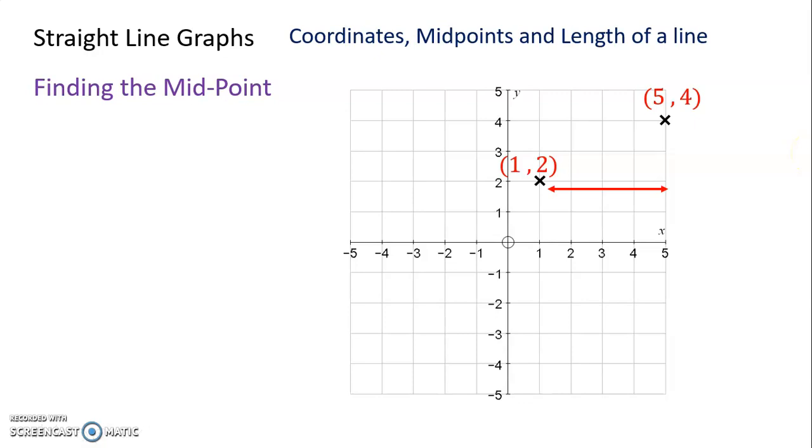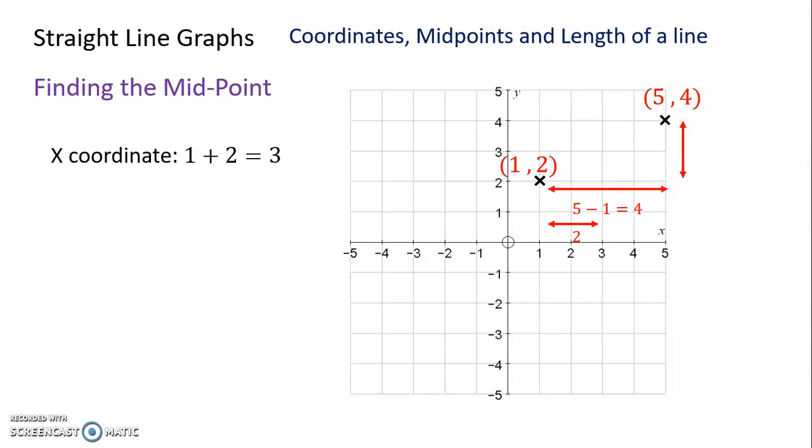And so what I'm going to do is look at how far along I'm going between one point and the other. And to find that, I've got to do this x coordinate here, subtract this x coordinate over here. And that tells me that I'm going along 4 along the x-axis between the 2 points. And then if I want to find the midpoint, well, I must need to go halfway along that distance along the x-axis. So halfway along is going to be 4 here divided by 2, and that's going to be 2. So I'm going to go 2 along to find the midpoint, and now I need to work out how many I'm going to go up. So to find that,